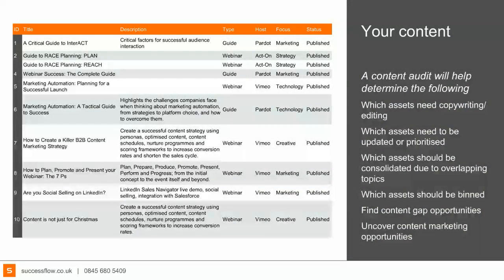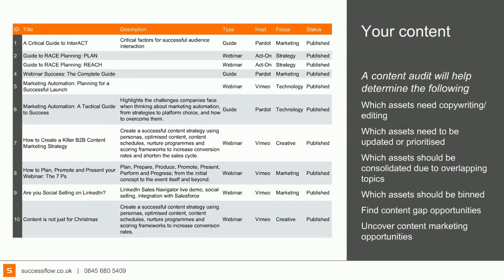So this is just a pull out. We pulled out some of our content just to give you a snapshot. That's a list of all the content that we have, and if you look on the website, you'll see that. But what is the content? What's its description? What type of content is it? Is it a webinar, a guide? Where is it actually hosted? Because you can host content not necessarily just in your CMS. It could be on Vimeo.